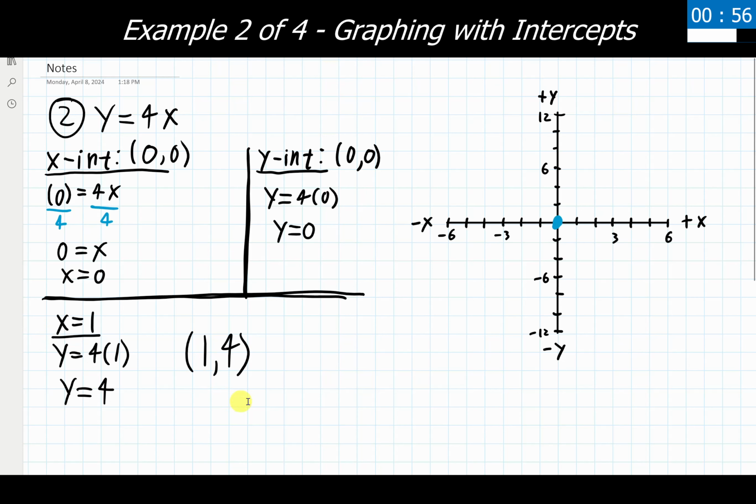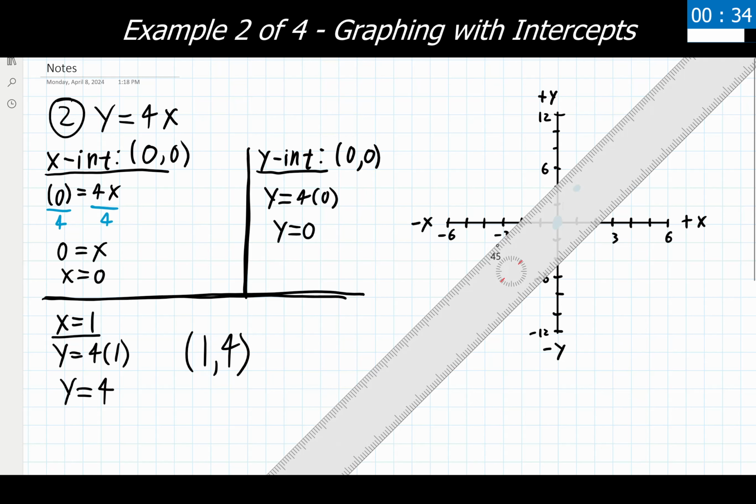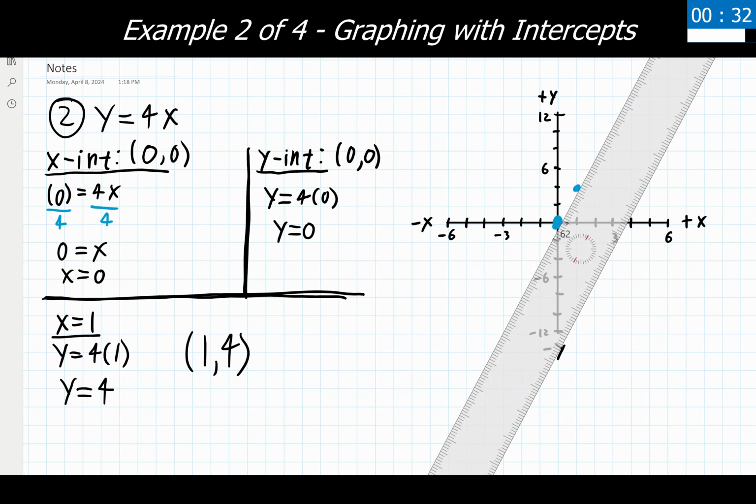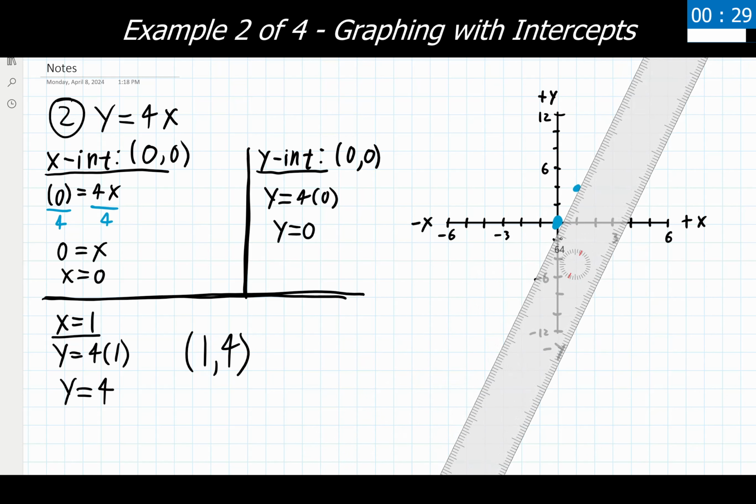And now I do have a second point of 1, 4. So I can go ahead and plot that over here on the graph. That looks like it's going to be, let's see, 1, I'm counting by 2's again vertically, so 2, 4, so it should be showing up right around here. Perfect. Now that I have my 2 unique points plotted on this graph, I can bring out the ruler again and try and connect these things reasonably accurately. Link them together right there.